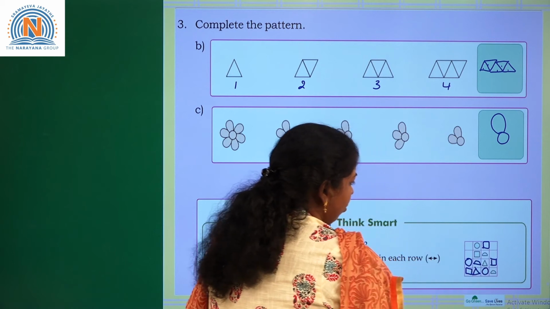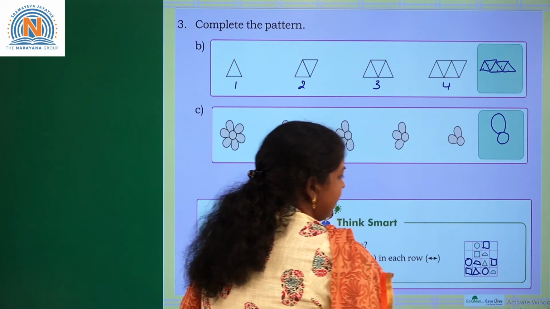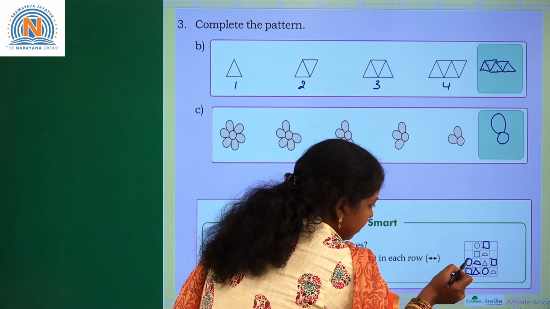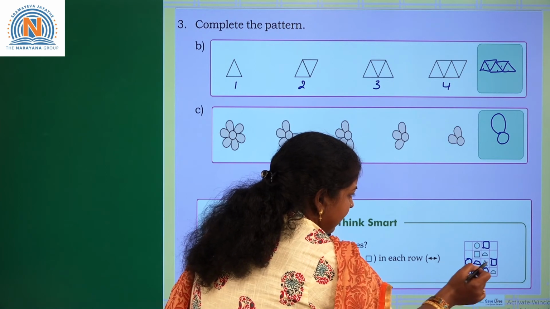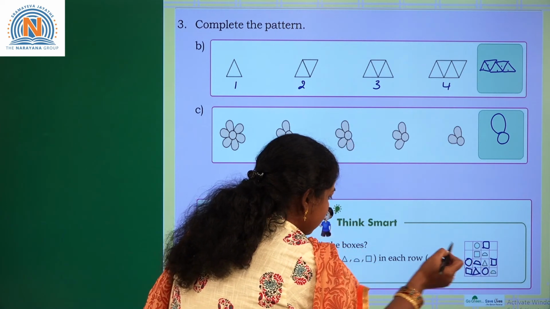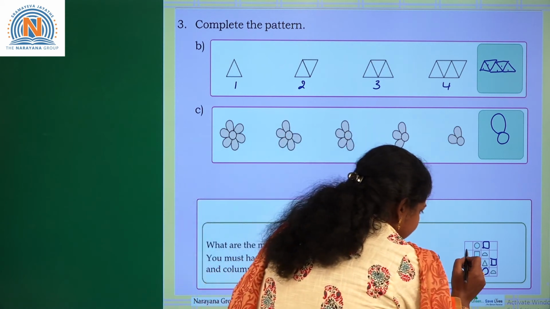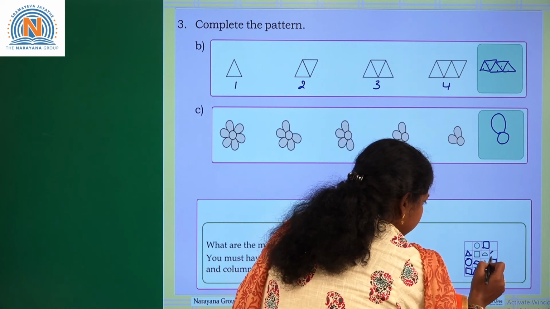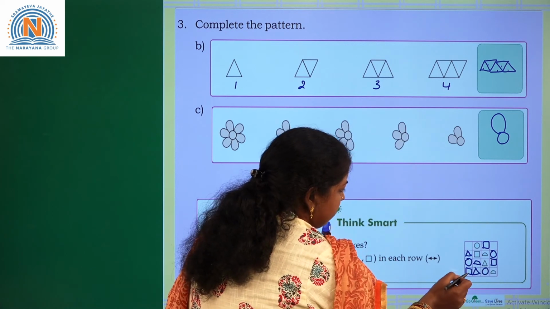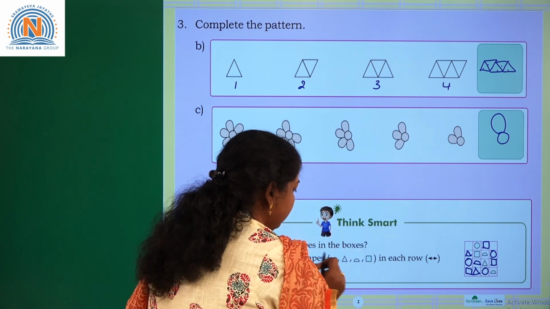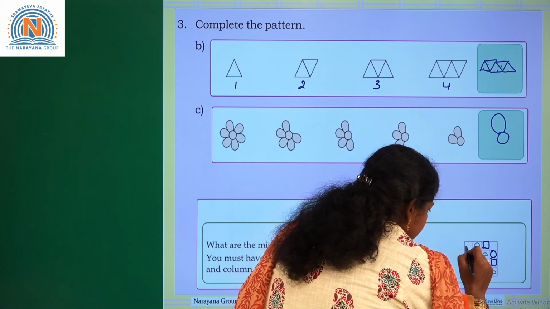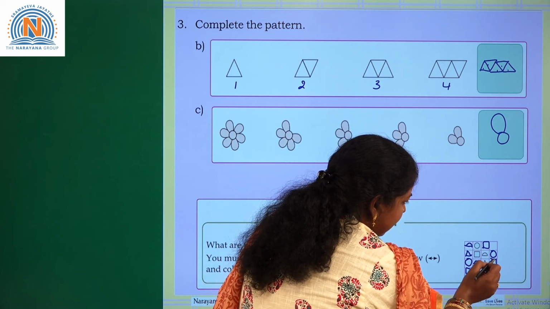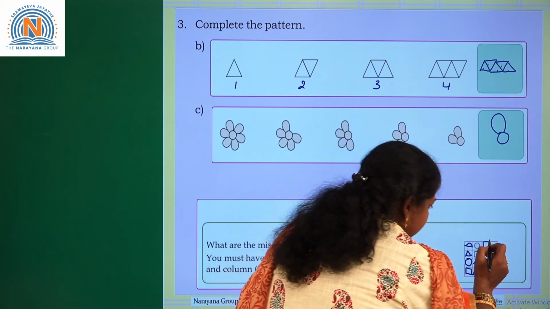And coming to the second row, a square is there and a semicircle is there. Square is already there and semicircle is there. And here in the third row you are having a circle. And here you are having a square. So what figures you can take there? You can consider a triangle here and a circle here. Right? So square, circle and triangle are already filled. So what is remained here? One semicircle should be there. And here semicircle, square, circle are there. What is left? Triangle.